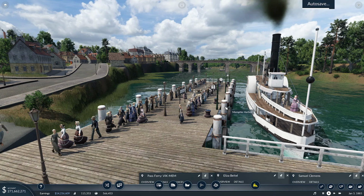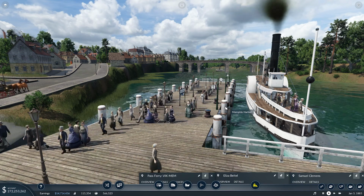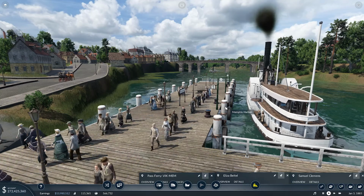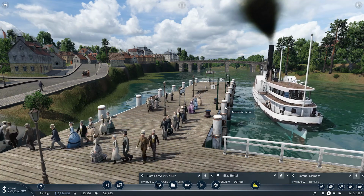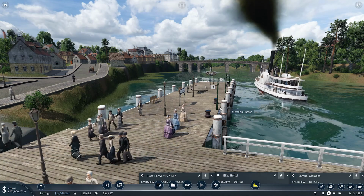Oh, you can't see individual names on the boats, and I regret that as we wait for this autosave. Once they get on the boat, you can't point your cursor at them and see who they are. But it looks like our friends Eliza and Samuel have made it on the boat. And they head down the Mississippi. Samuel's bragging to her about his